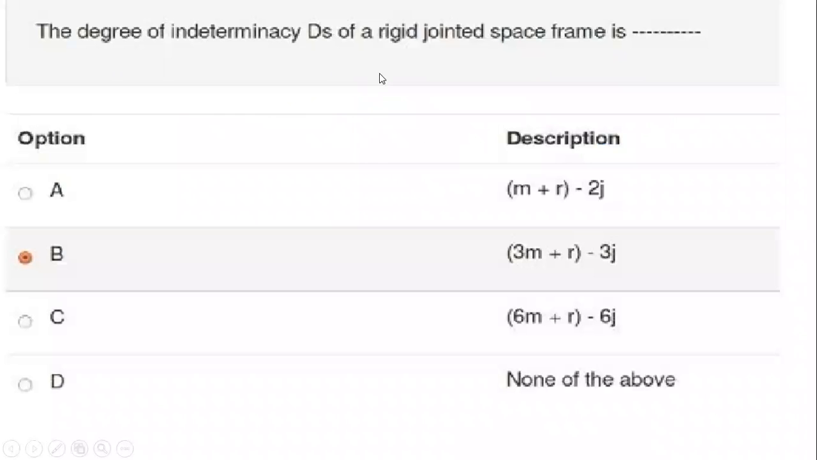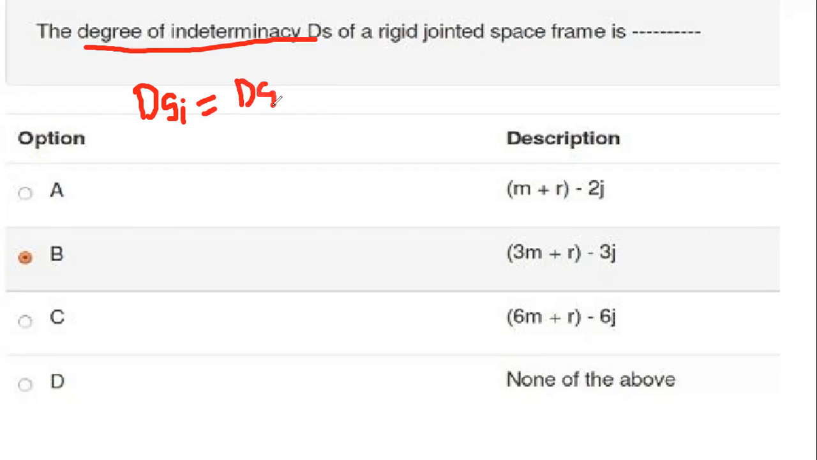Next MCQ: degree of indeterminacy DS of a rigid jointed space frame is. Again, this is an MCQ based on DSI. Mostly we have to remember all the relevant formulas of DSI and DKI. Now they have asked for the formula of degree of static indeterminacy. We know that the general formula of DSI is equal to DSI external